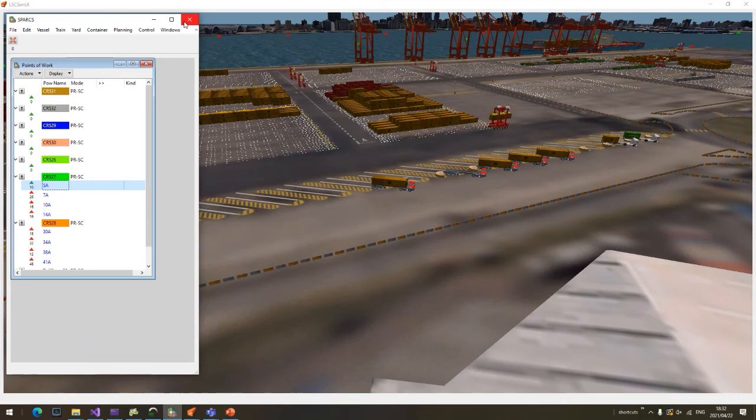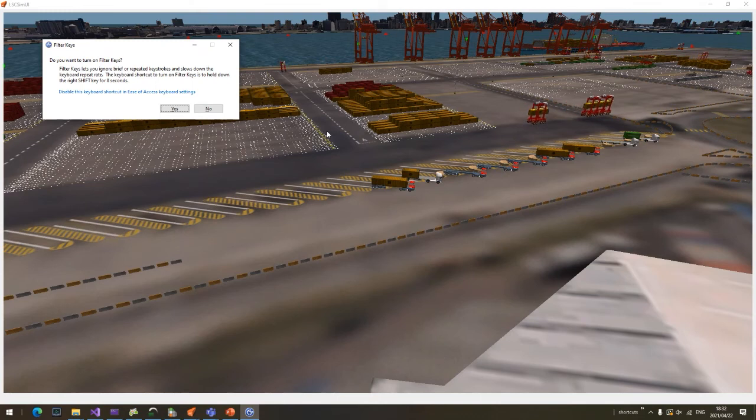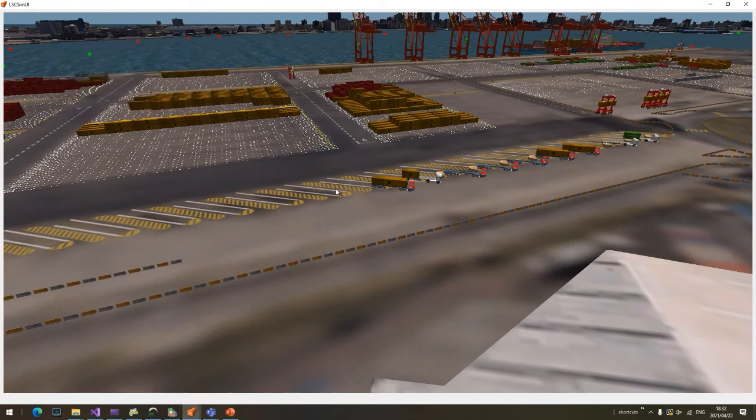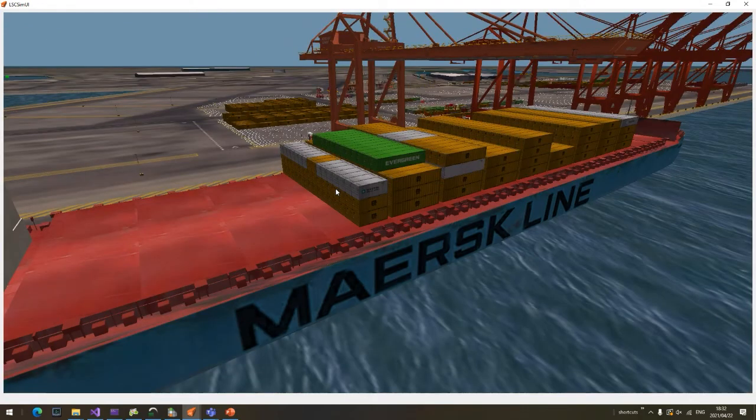So in the execution of what you're seeing happening here on the simulation itself, you will see the stacking areas. It looks very neat and tidy here in the simulation, and we've done that on purpose just to show how sequencing is done and how containers come in and leave. In a real-time environment, if you're from the port, you will find that there are sometimes containers scattered in a single stack itself. So housekeeping plays a very important, vital role here